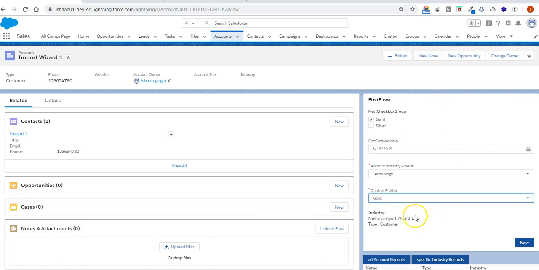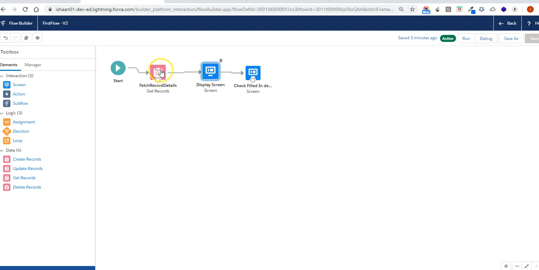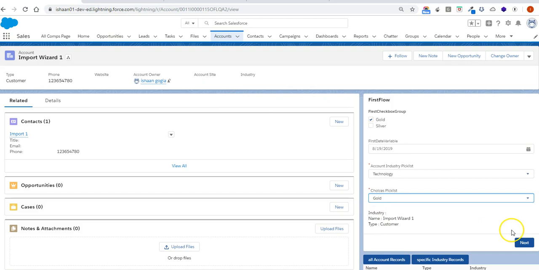You got it? What happens again in Flow? We added two screens in there, right? This was going to fetch all the details. This is the first screen that we saw in our page, and this is the second screen. We can navigate to this screen by clicking on the next button. If we click on next,